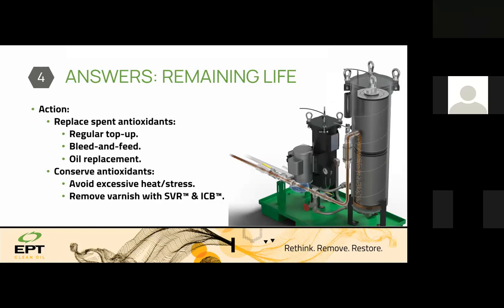So the best turbine or compressor oil maintenance today is to install a soluble varnish removal machine from the start, manage oxidation, and don't allow the antioxidants to get used up very fast, and then there is no need to add any chemicals. We don't recommend that, and we don't interfere with the job of Total and Shell. They know best what additives are required for the oil. So let us do the top up whenever required and use the soluble varnish removal to manage oxidation and acids inside the oil,